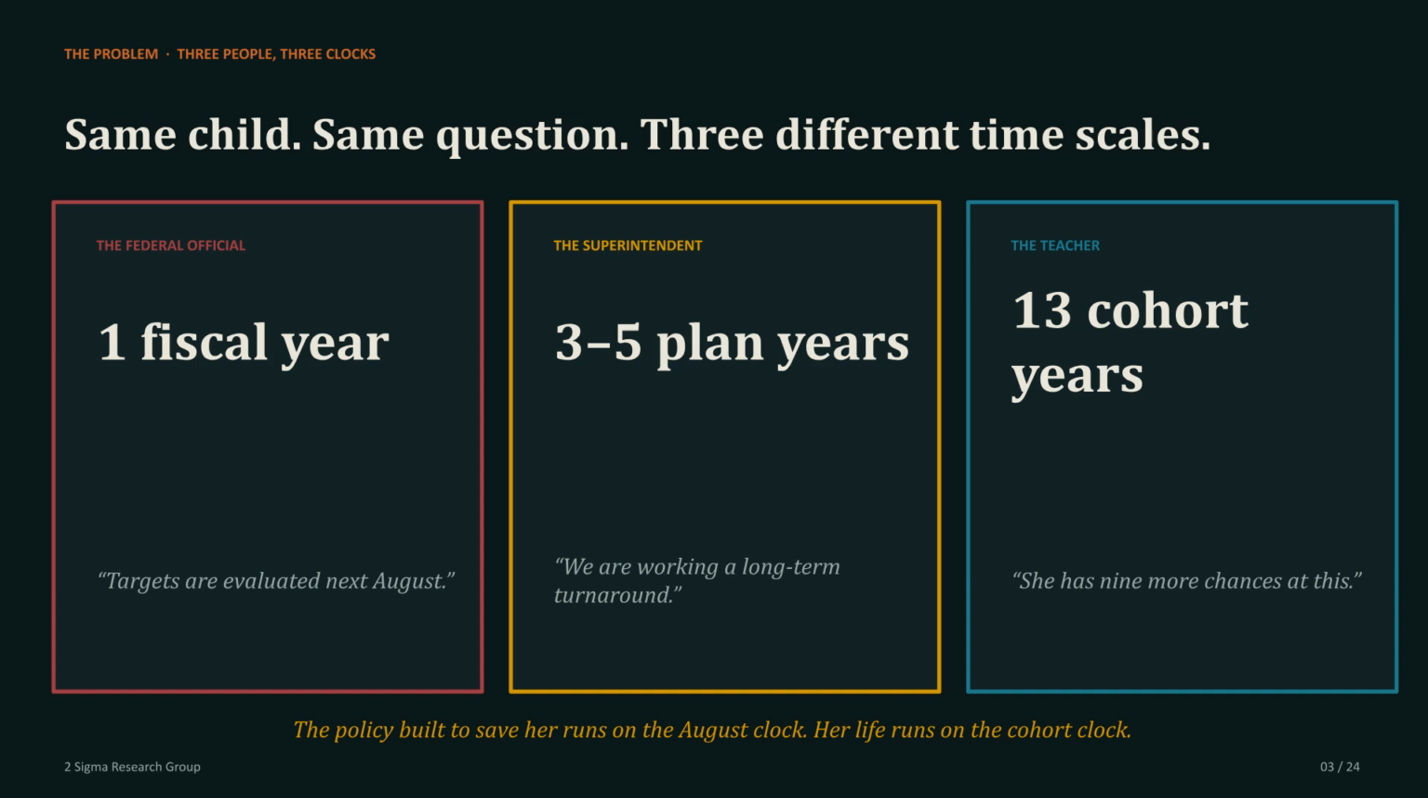The federal official, the superintendent, and the teacher operate on different timescales: the 1-year fiscal clock, the 3 to 5-year plan clock, and the 13-year cohort clock. The policy clock aims to save the federal official's reputation on the August clock, while the child's life runs on